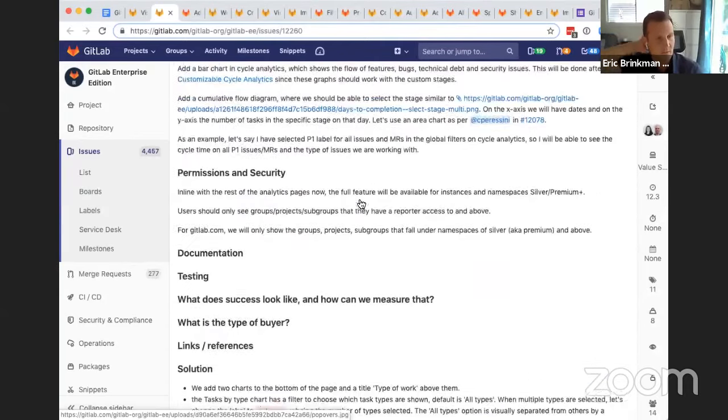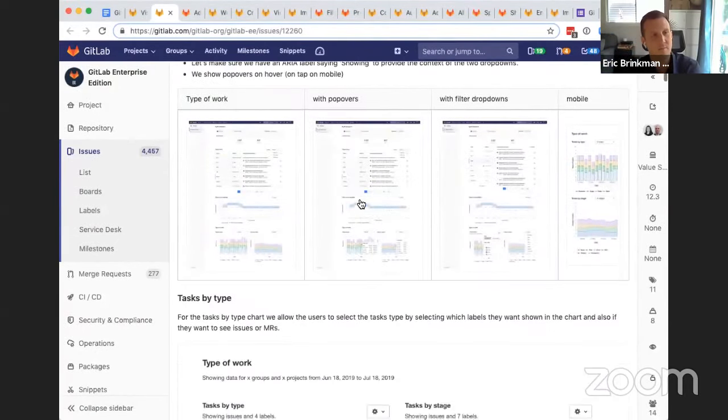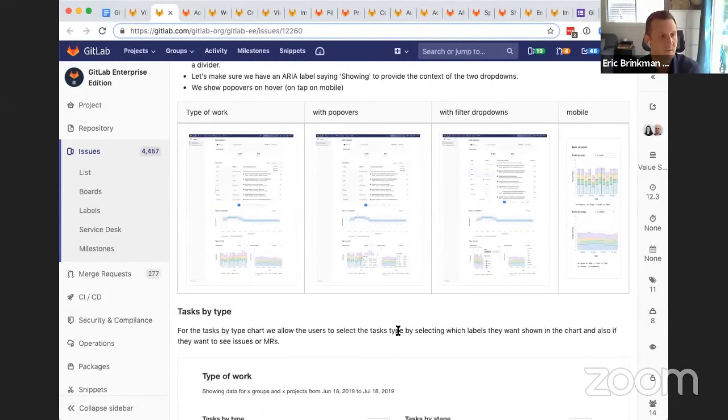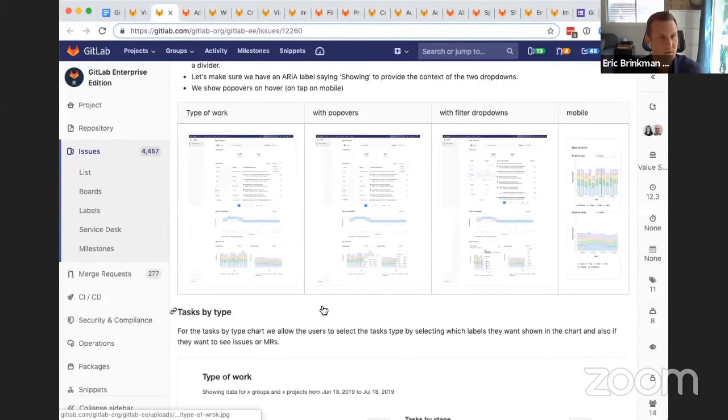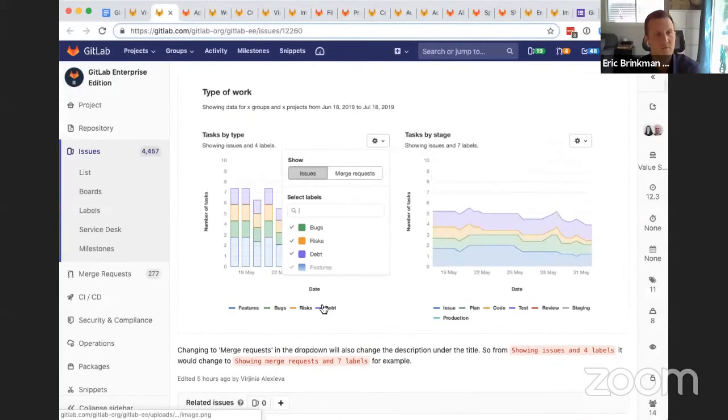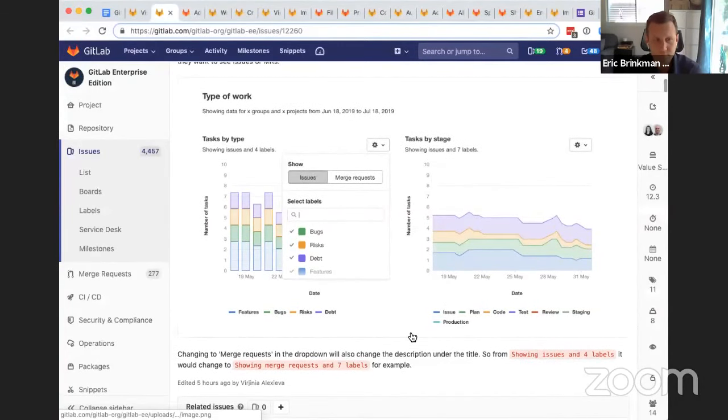This should help teams understand where their team members are spending time. If you're able to scroll down just a little bit more, there are those two graphs right here that we'll be introducing in 12.3, which will let engineering managers and product managers understand the type of work that teams will be doing based on labels. You'll be able to filter and sort these graphs by various labels to understand how many tasks were open for a particular label on a given day, allowing you to easily and quickly see the type of work that is being done by the team.